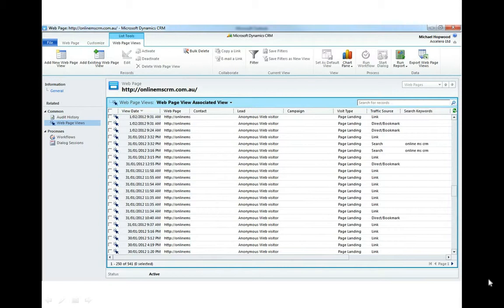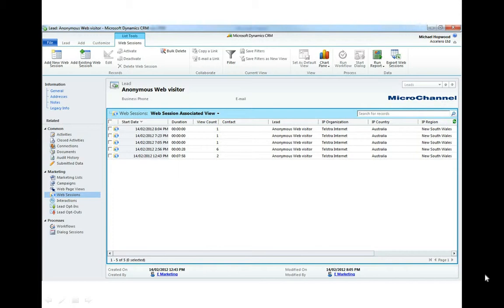When we drill into the page views of each page, I'm able to see the source of traffic, as well as the search words, but more importantly, it's linked directly through to a contact or a lead in your CRM database. If the system hasn't identified who the visitor is as yet, it'll create an anonymous web visitor user,